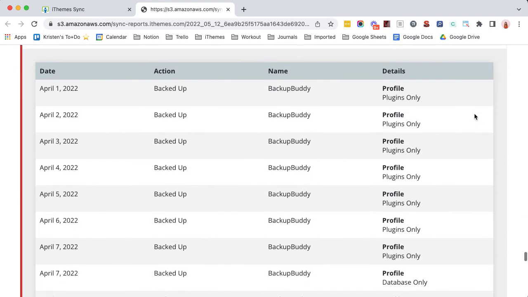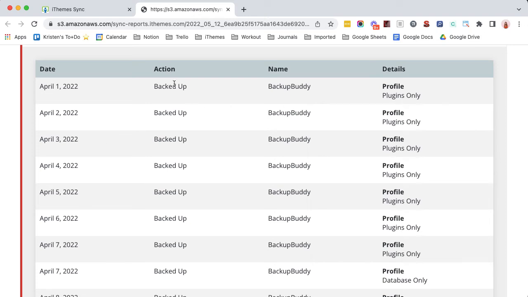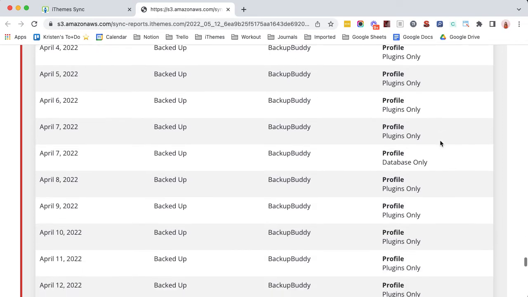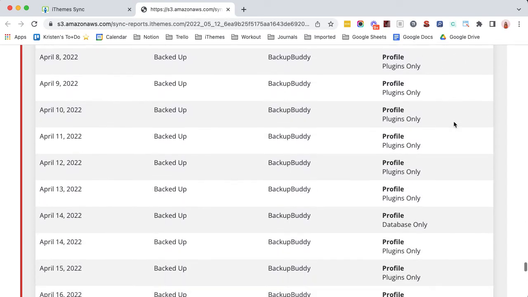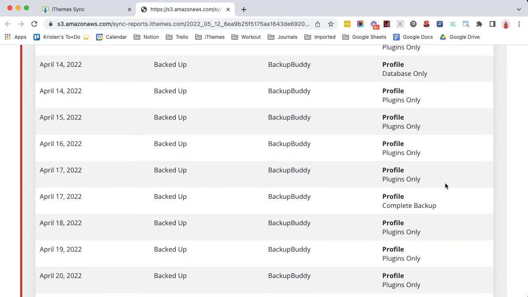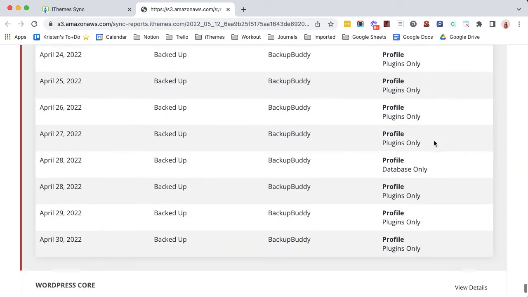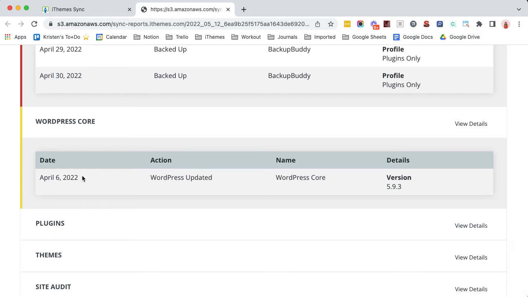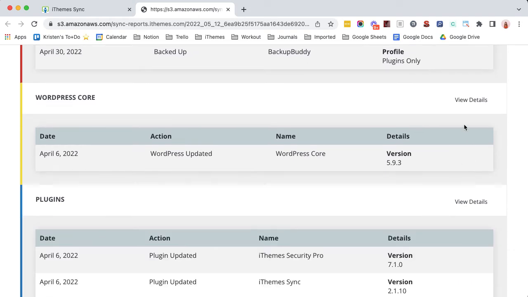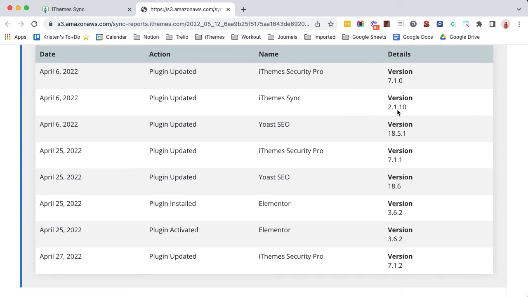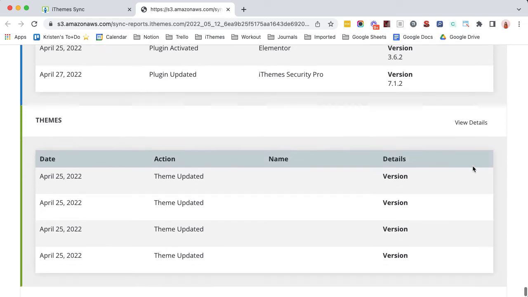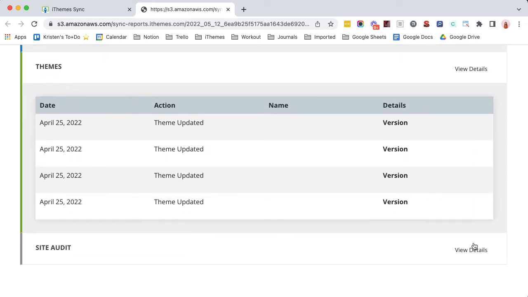Next up, we can see backups. This gives granular backup details, that the site was backed up, the date that it happened, the type of backup that was run. This one had a few plugins and database backups, and then a complete backup that ran to back up the entire site. We can also see WordPress core updates. This was a complete update of WordPress core that happened. More plugin updates, including the plugin updated, the date that happened, version details, additionally theme updates that happened, and then